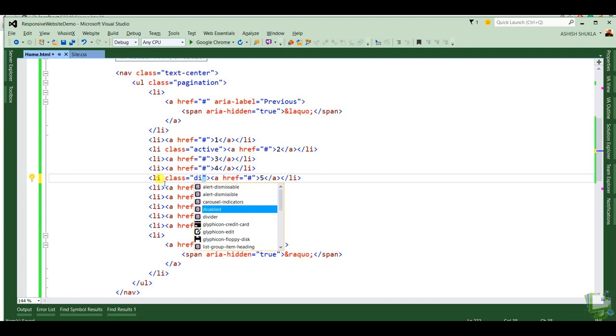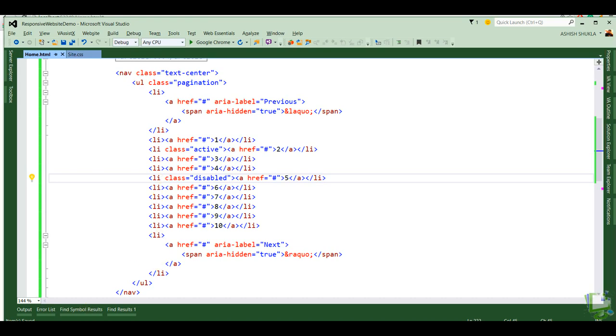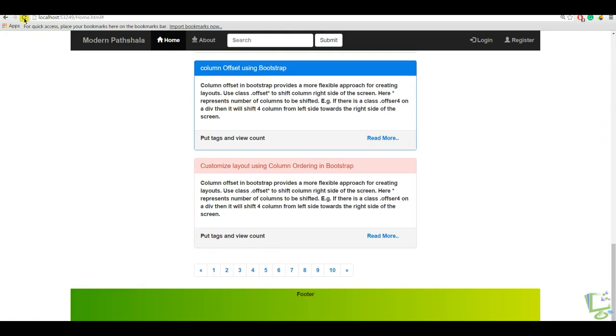So let's save the changes and refresh our page. Now we can see that this pagination element is in the middle of the page, page 2 is highlighted and page 5 is marked as disabled.